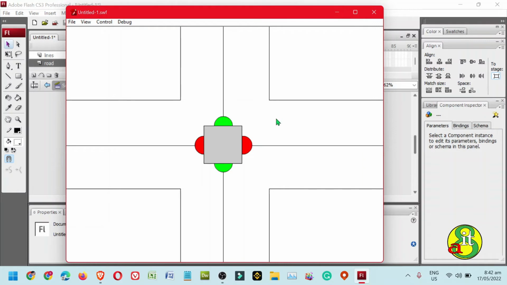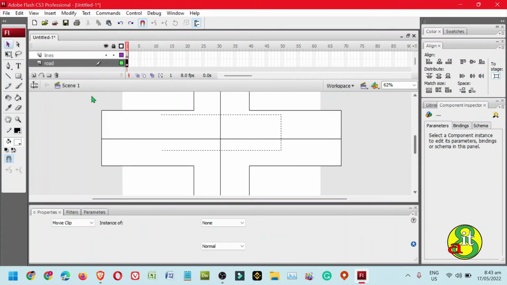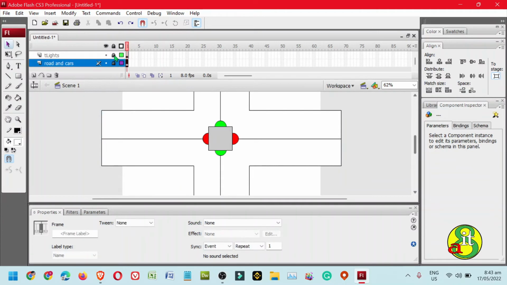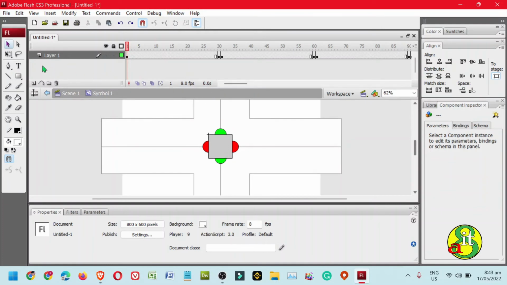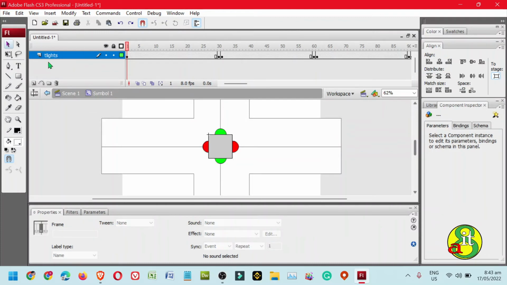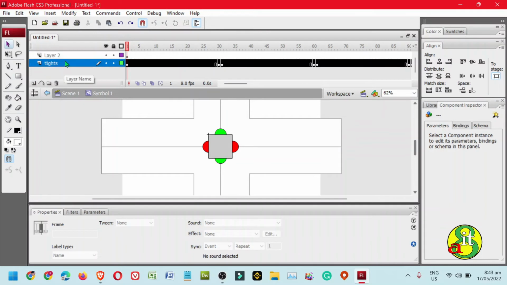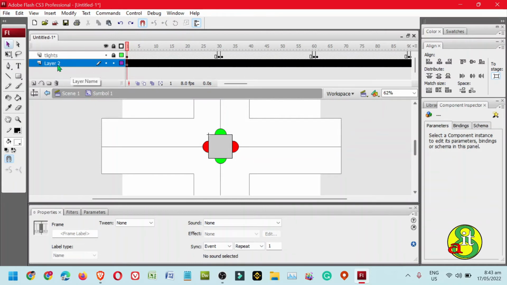We need the traffic light to be visible when adding the cars. So close. We go to the traffic light. Lock this one, unlock, and then double click the traffic light. So at this point of time, we need to insert the layers. So double click layer 1 and type the lights. Insert and then move forward, upward, lock, and then click layer 2, cars,